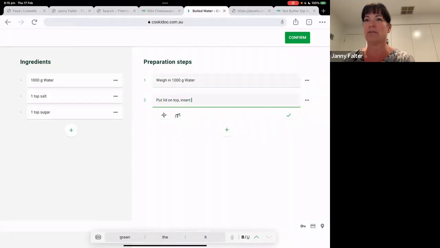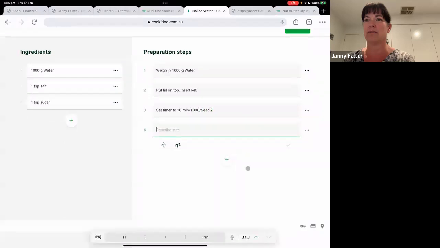insert measuring cup, and turn speed up. First we need the time, set timer to 10 minutes, 100 degrees, speed 2. All right, just an example. All right, so now I have just written this down, but what I can do with all of the steps,